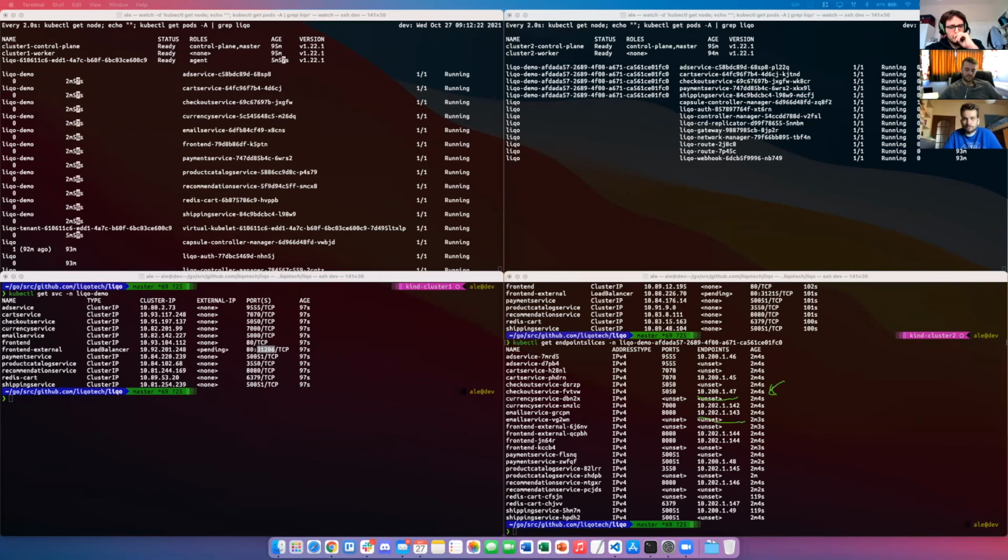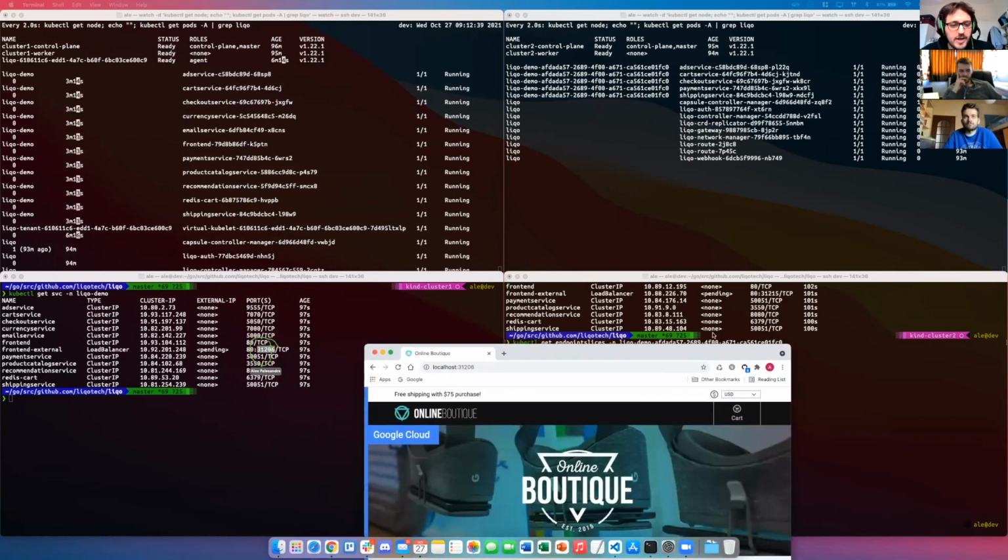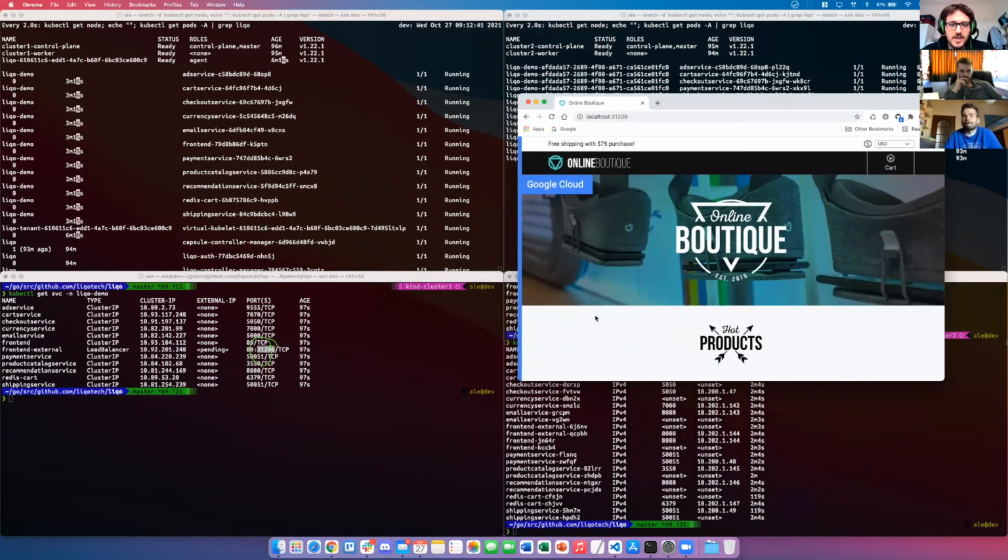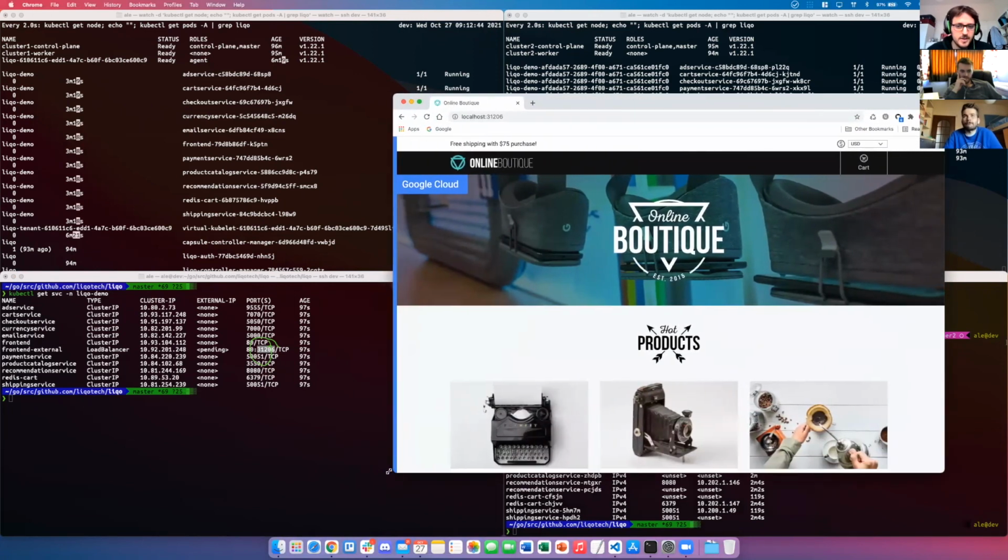So Lico takes care of having all the endpoints there, and so the application can work even if not all the pods are known by cluster 2. If we have a look at the node port service of the frontend here and we try to connect to localhost at that port, we can see that the application works perfectly.